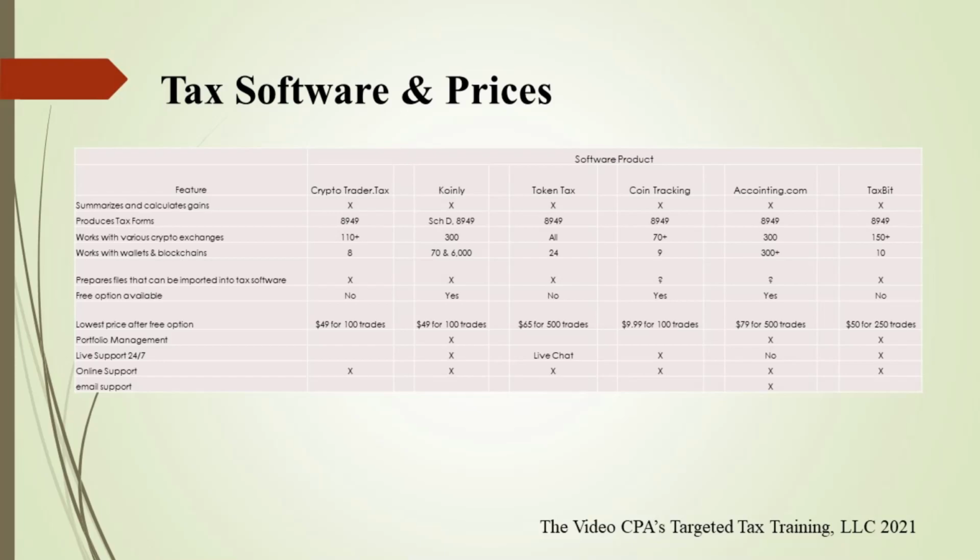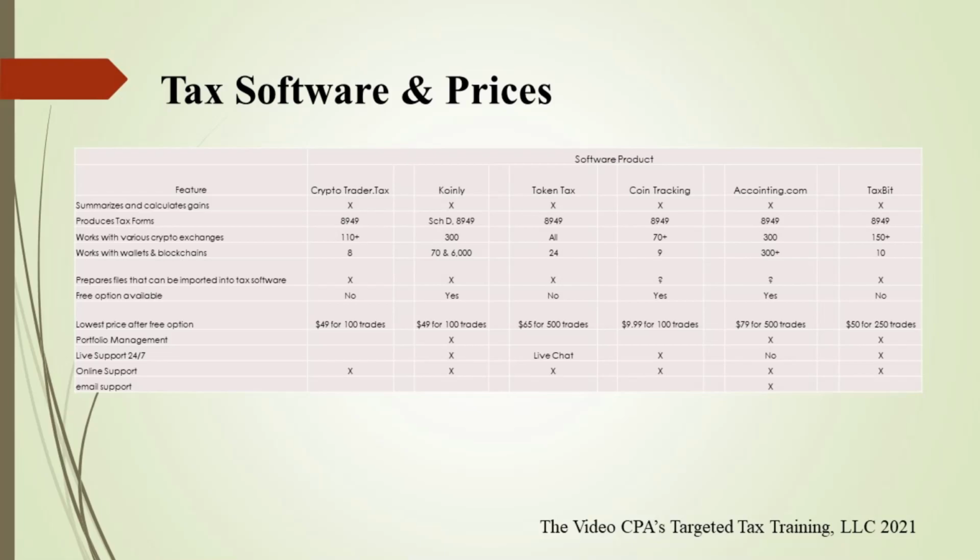So what I did is, I am investing in cryptocurrency to some extent, and I'm going to need one of these programs. So I went out and downloaded Koinly's free program, and I downloaded Accointing's free program. And I would have downloaded CoinTracking's free program, but I see that it only works with 9 wallets, and the wallets that it works with weren't some of the wallets that I wanted to deal with. So I downloaded just Koinly and Accointing, and I like both of them. There were things I liked better about one than the other, but when I started looking at the wallets that I've got, and there's 4 or 5 wallets that I deal with in my cryptocurrency investing,